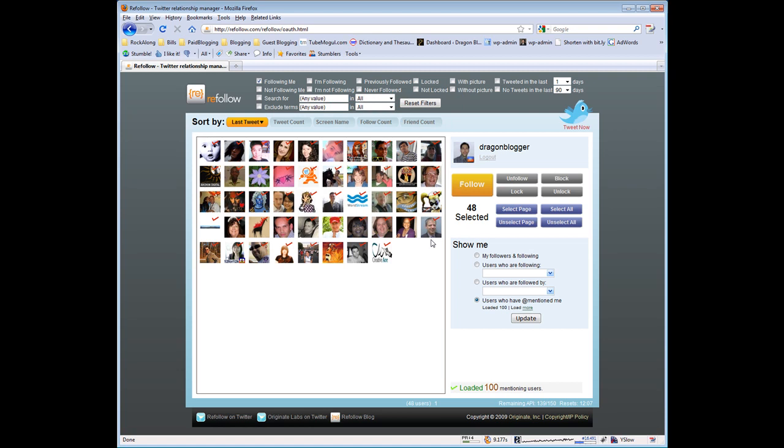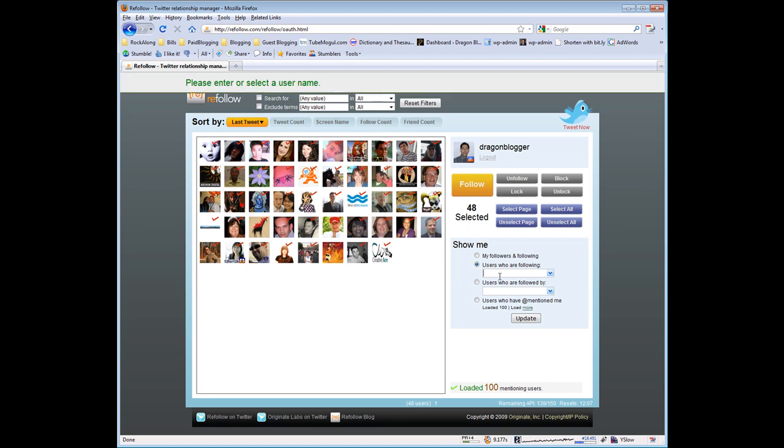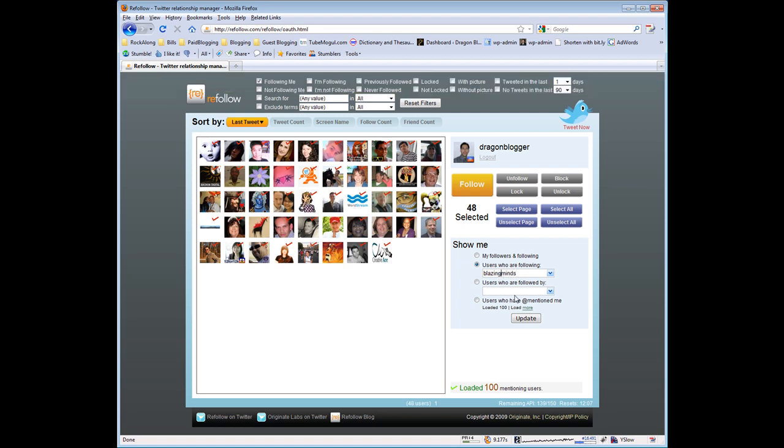Again, this is one of the most useful Twitter tools on the web, refollow.com. This is one of my favorite tools now for managing your Twitter followers or people who are following you. It makes it very easy to bulk follow, bulk unfollow, trim up your following list, or even find followers of other people. You can even, for instance, click on users who are following and put in Blazing Minds, for example,